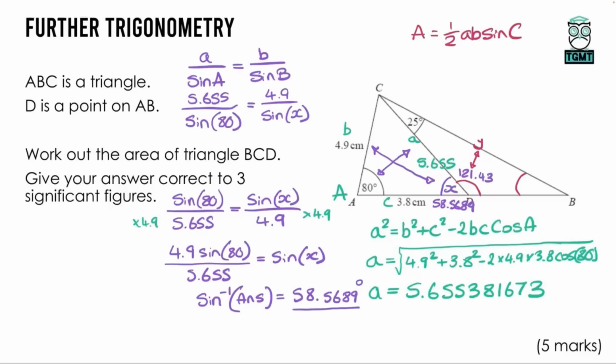So I'm going to do 121.43 plus 25, and then take that away from 180. So that leaves me over here with 33 point, and then it's 5689. Again, I've used the full number every time, so I get 568949. So at this stage, I'm just going to write the full number in so I don't get any rounding errors. And there we go, that angle there is opposite this